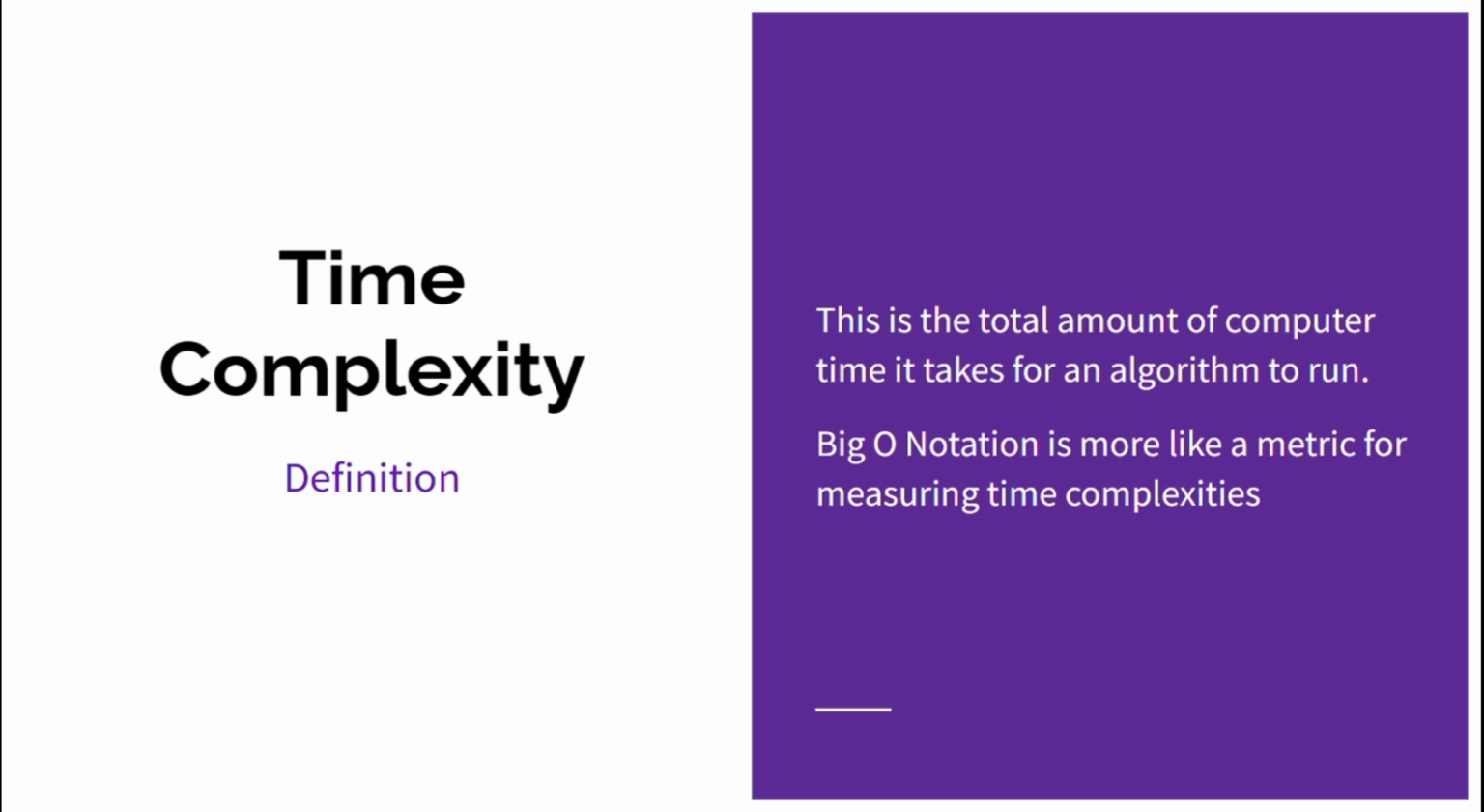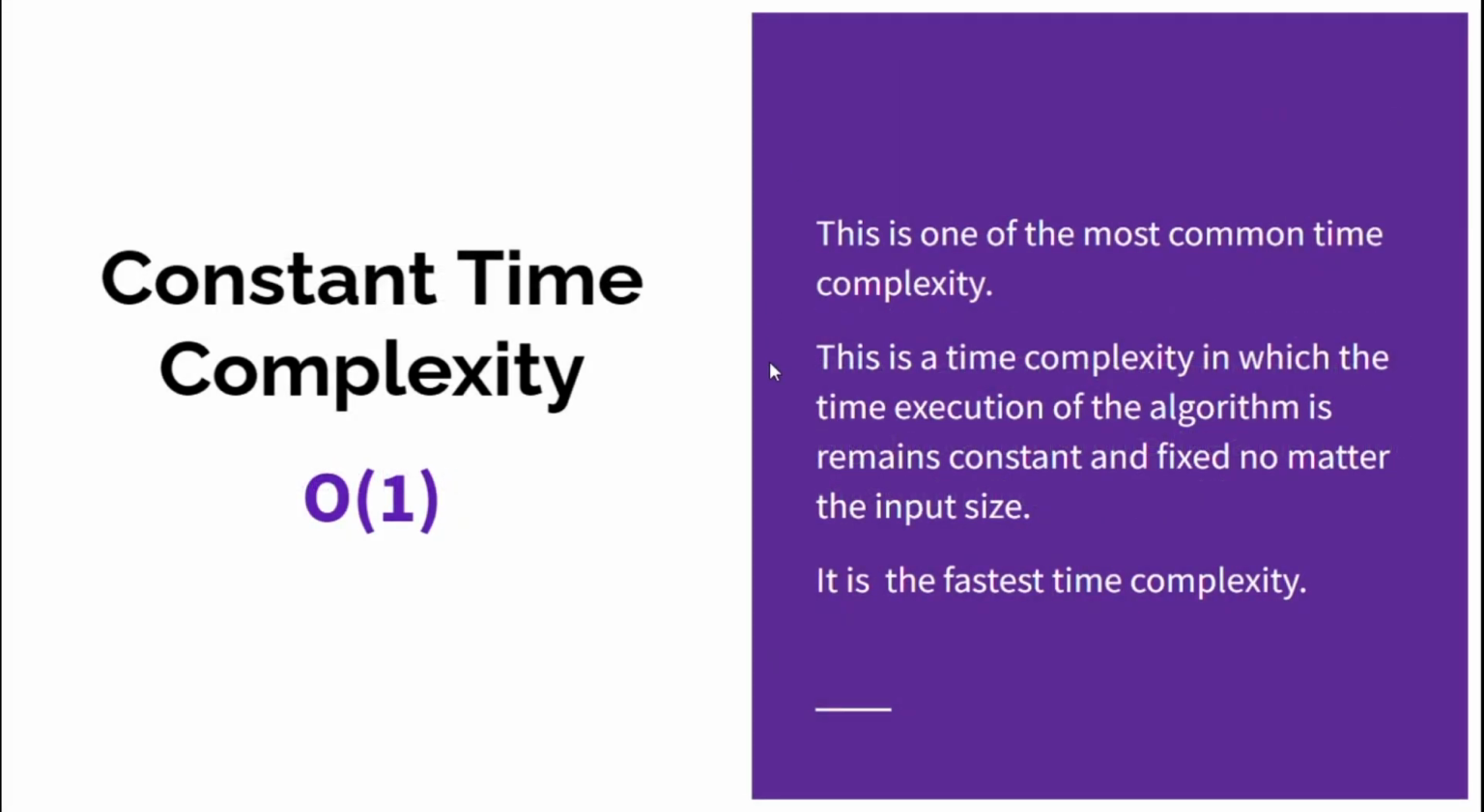Next up, we'll be looking at the different time complexity classes and their big O notation. The first complexity we'll be looking at is the constant time complexity, denoted with a big O of 1. This is one of the most common time complexities. Many functions or algorithms we write run on this time complexity. So what is a constant time complexity? For a function to have its time complexity denoted with a big O of 1,